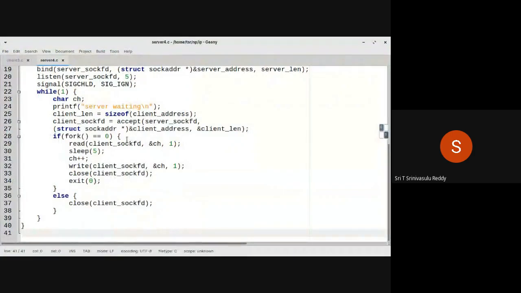It is a very simple program, which you already know how to create child process by using the fork system call. So if fork equal to 0 means that it is a child process and child is attending to all of them. If it is otherwise, parent is going to close it. I hope all of you are slowly falling in line, trying to understand what is going on there as a part of it.